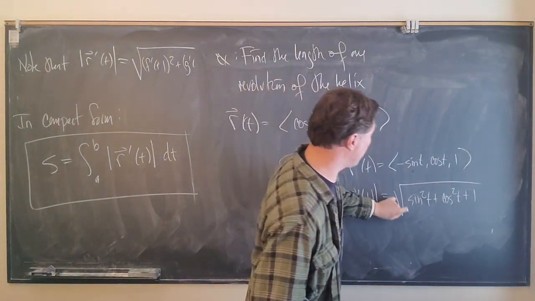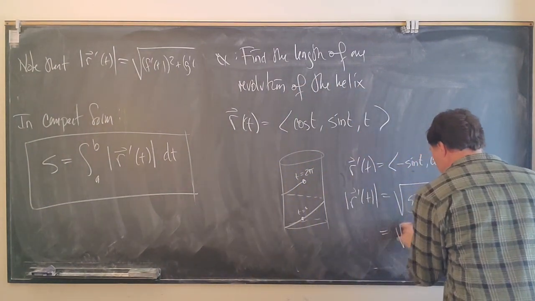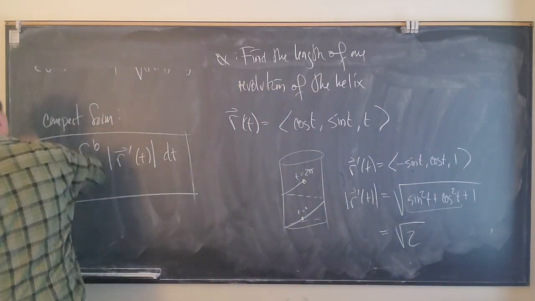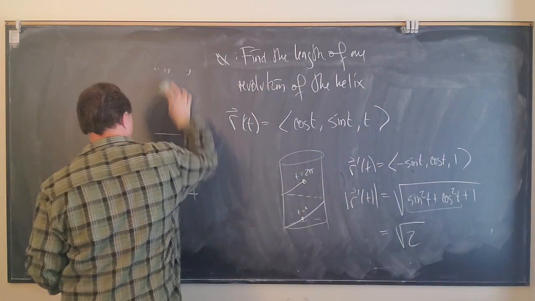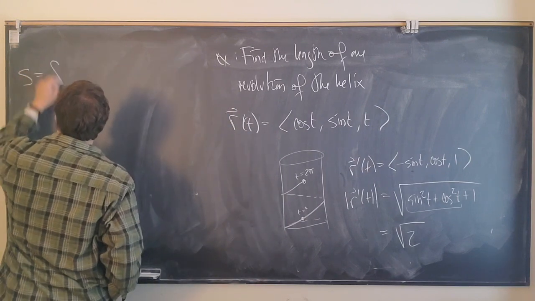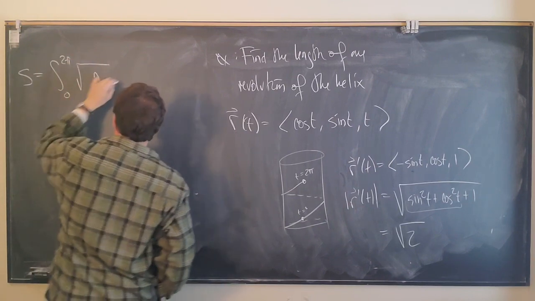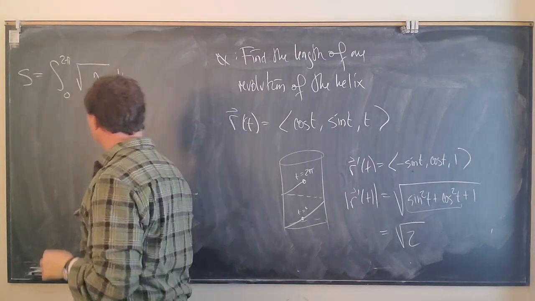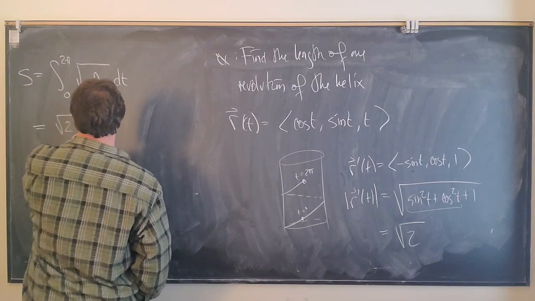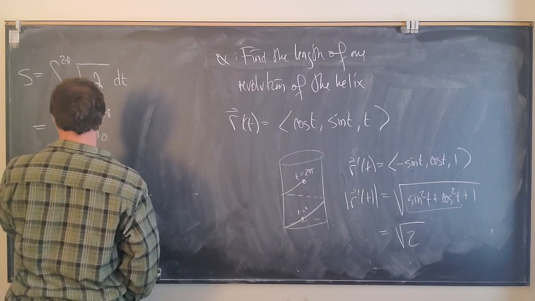Now, noticing that this is equal to 1, what we get is that this is going to be square root of 2. And so the length is going to be the integral from 0 to 2 pi of square root of 2 dt, and so that will be square root of 2 times t, going from 0 to 2 pi. That's equal to, well, root 2